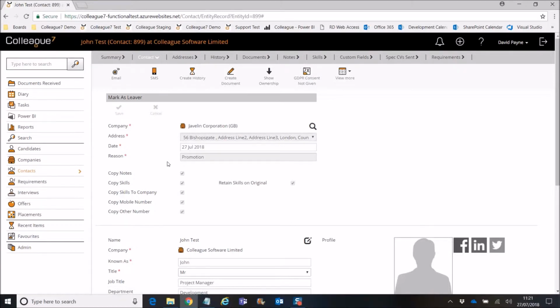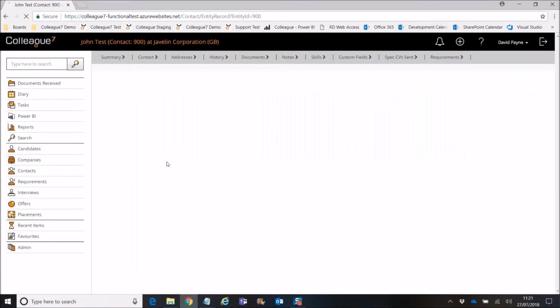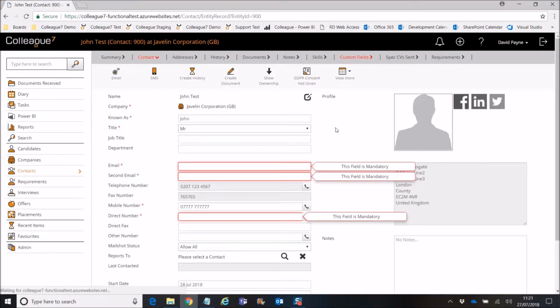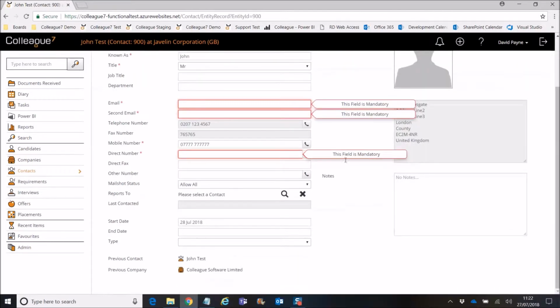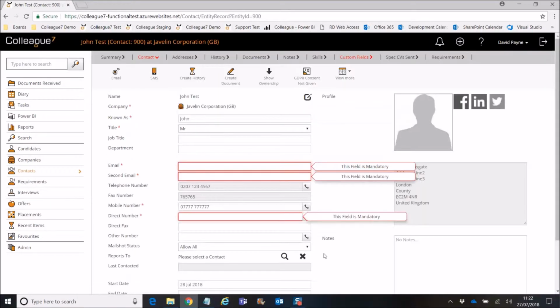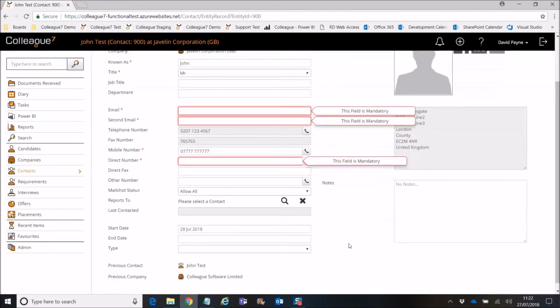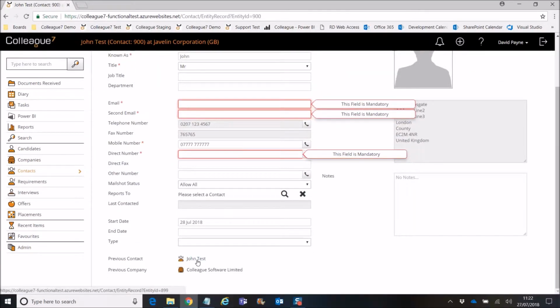If we hit save there, what it will then do is go about creating the contact, and it will take you to the new contact that it's created as part of that process. So there are a few things that are important to note now that we've created a contact through this process. Firstly, below the new contact record, we've got some additional fields that have been added. One is previous contact, which is here, and the other one is previous company, and that's basically giving you the ability, if you go into a new contact record, to go back to the old contact record and the old company that